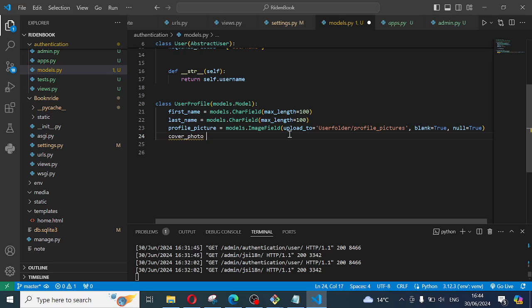On your Facebook account, remember you have your profile picture and you have your cover photo as well. So we want users to be able to create their accounts. As they are creating their account, they can upload their profile picture. They can also upload their cover photo if they want. So cover photo is going to be exactly the same code. models.ImageField, models.ImageField,